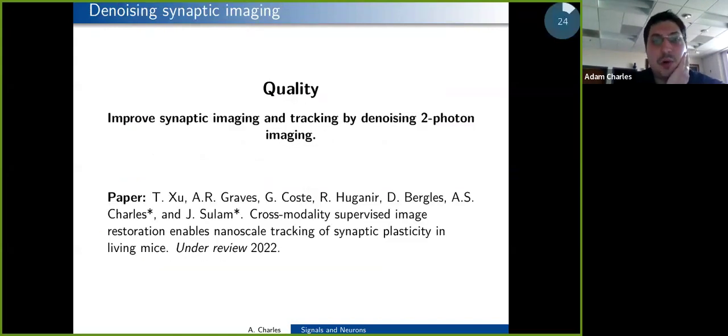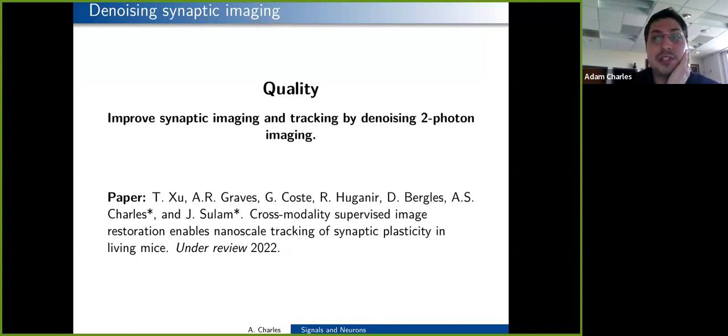So I want to start with quality. And this is actually a little different than calcium. This is a much more difficult scale to work with. This was a project where we wanted to zoom in so much that we could image individual synapses and track